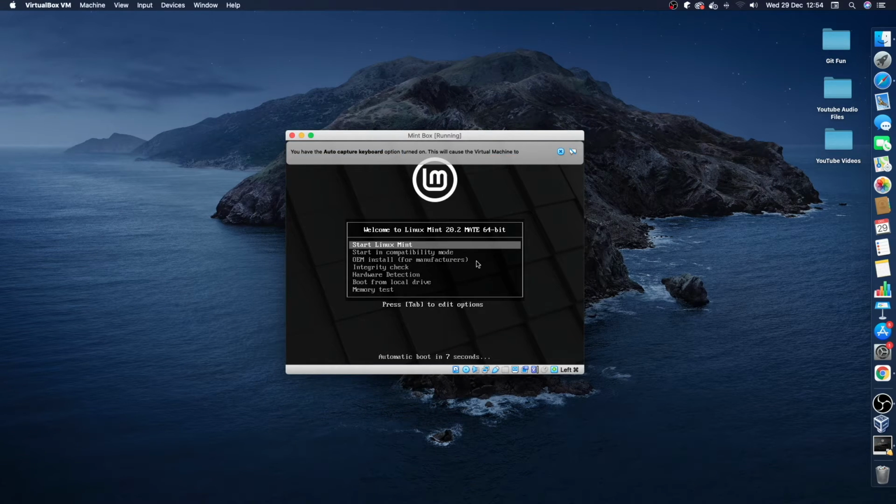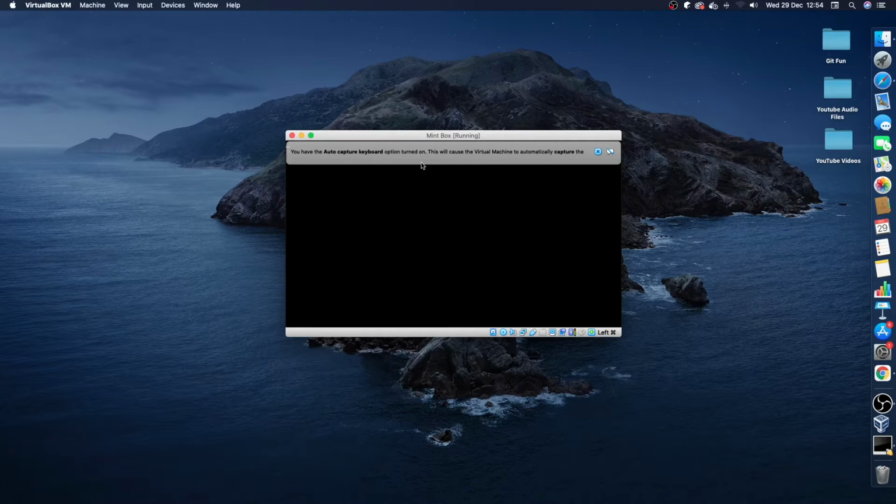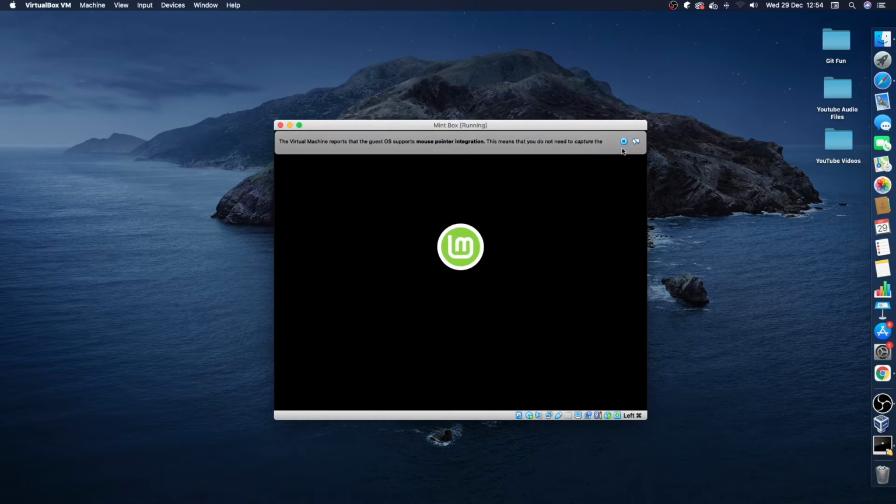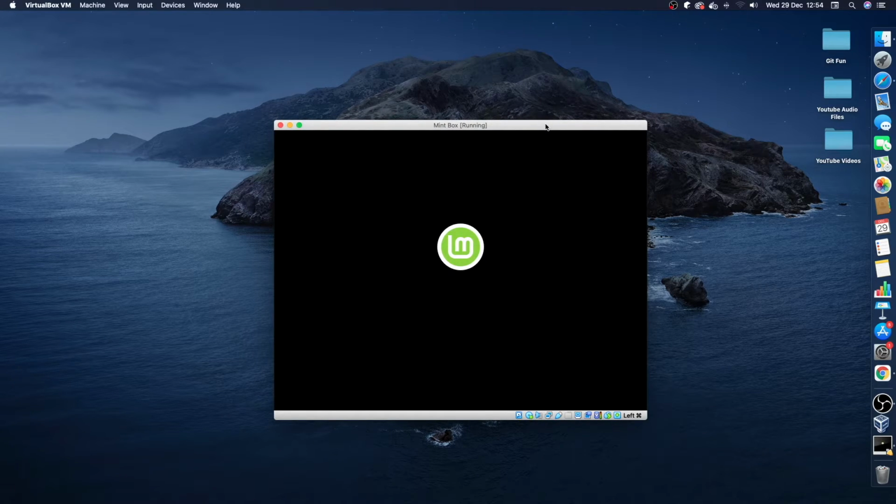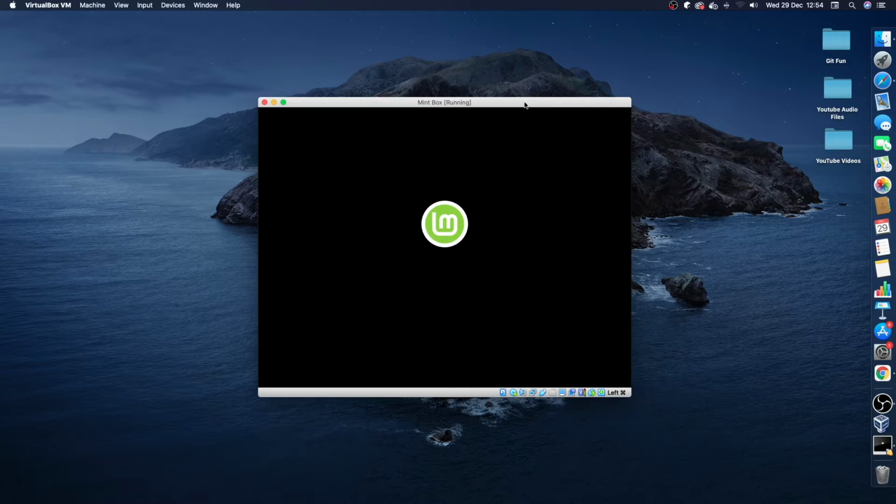Cool. So if we just hit start Linux, not worry about that. So this might take a few minutes. Again, just get rid of that. This might take a few minutes to boot up, but it should be fine. And once your machine boots up, you might just want to go and check that it's working. Open up a terminal, put in a couple of commands, or go to a web browser